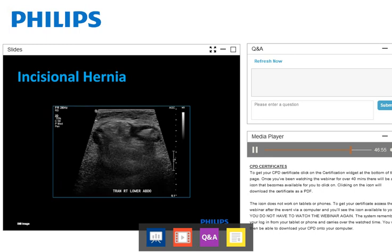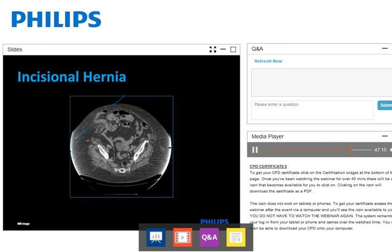As I said, we can also get incisional hernias through a laparoscopic port site. You can see here quite an obese patient with bowel coming up through an old laparoscopic port site. This patient went on to have a CT scan, and we can see a CT scan here of the same patient. We can see the bowel coming up towards the skin, and that's a little incisional hernia through a